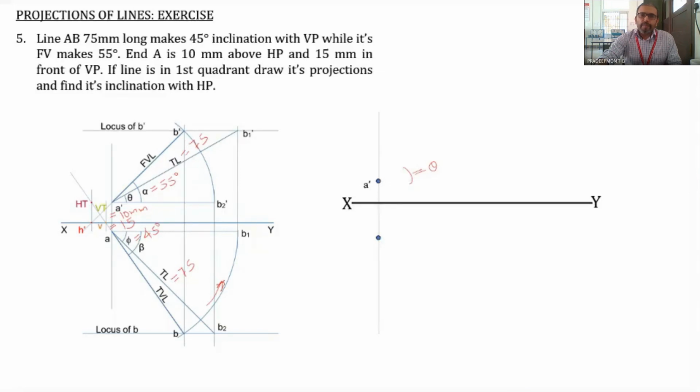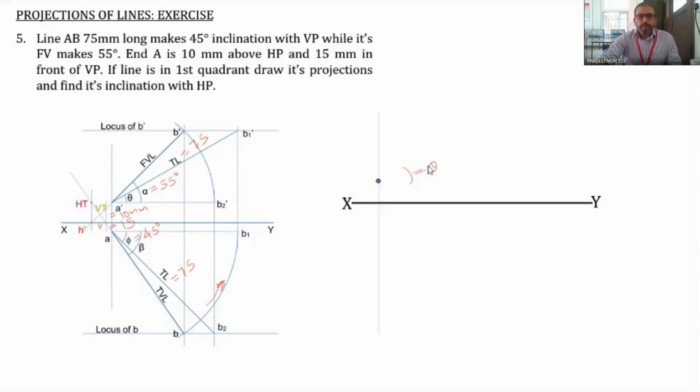By the way, the same procedure may not be followed. There are multiple procedures for solving the same problem. Once we obtain one particular point, you may deviate from the step. You can find out some other point based on the points that you have already obtained and based on the lines that you already obtained.